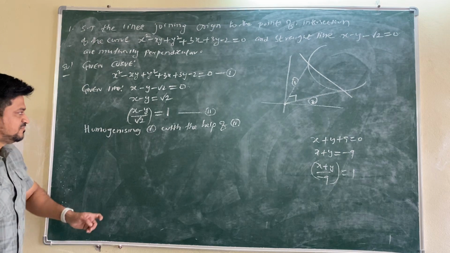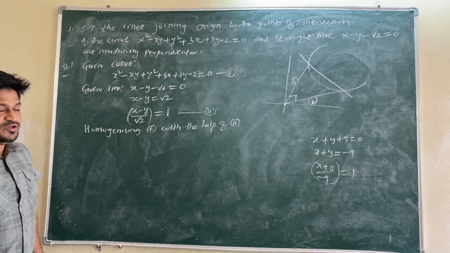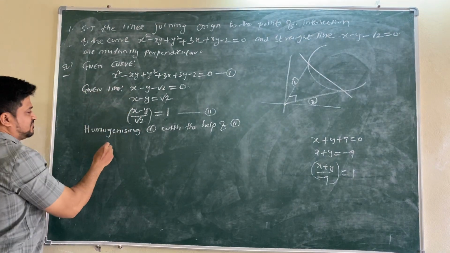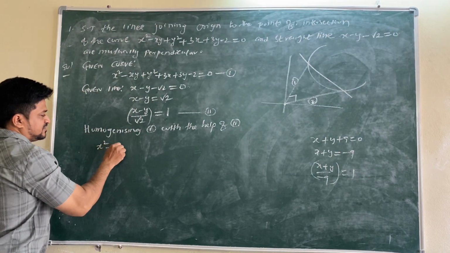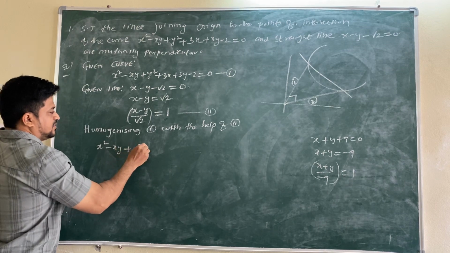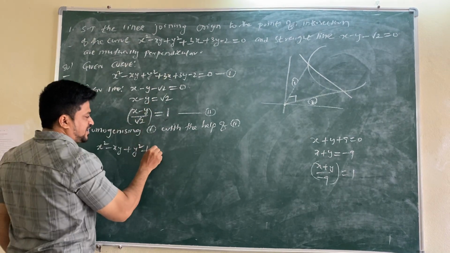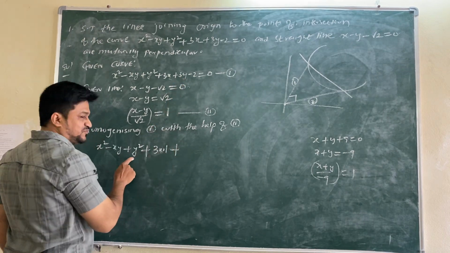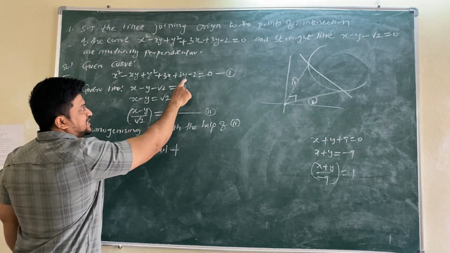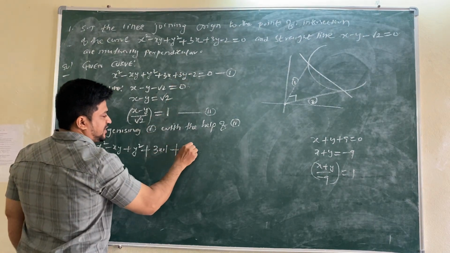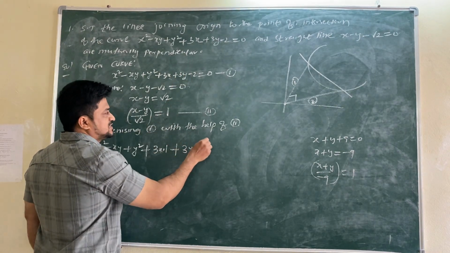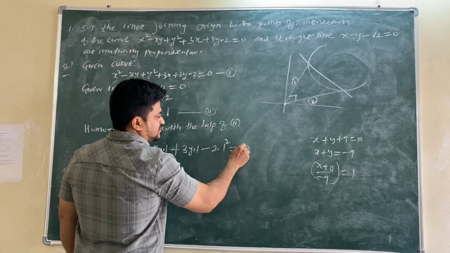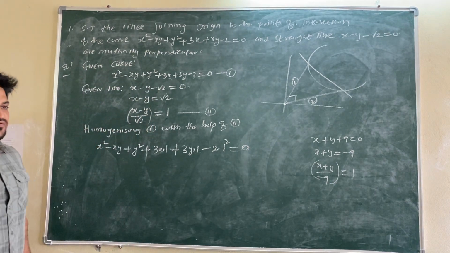What does it mean? Whenever we are writing homogenizing 1 with the help of 2, we are getting these two lines. How to get those lines? Whatever curve is given to you, you have to write on the curve x values. When you find x values, you can write into 1. When you find y value, here this is y square, not y value. Okay? y means single y, 3 into y, again take into 1. Minus, whenever you find any constant, you can write 1 square to the constant. What I have done? Homogenizing 1 with the help of 2.